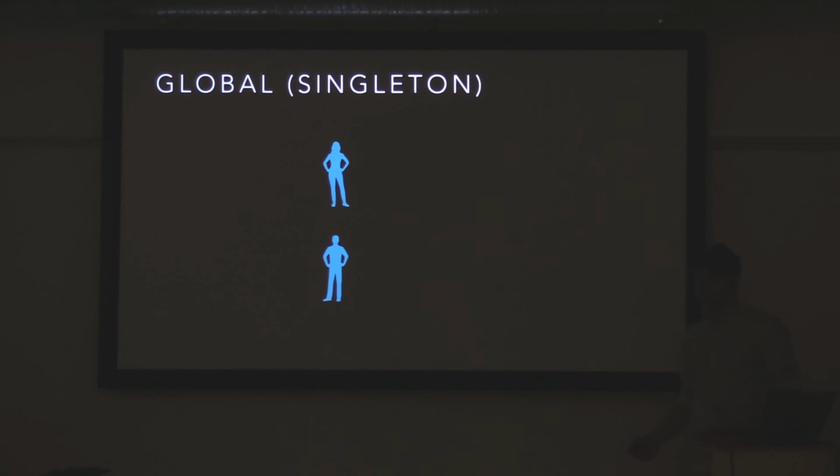So another really popular one, and probably the most familiar one, is global or singleton scope. This is basically when you share your state. So with toothpaste, it would be a single toothpaste for the whole stay, shared between both Jack and Jill. The problem here is quite evident: at some point, the toothpaste probably will run out, and it will be quite unpredictable for both Jack and Jill, because maybe Jack is really wasteful and uses a lot of toothpaste, and Jill is trying to save it. She gets angry. The state of the toothpaste is really unpredictable for her, because she's not the sole user. There is a problem here.